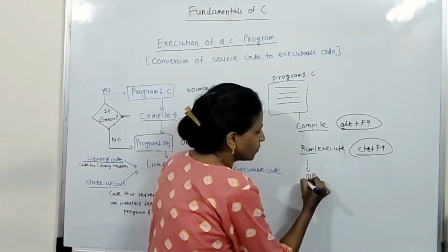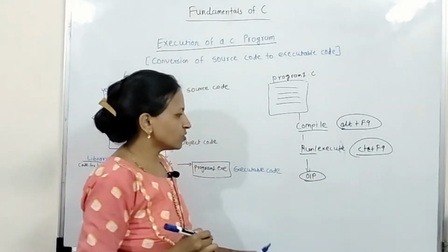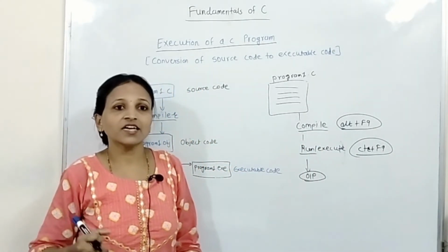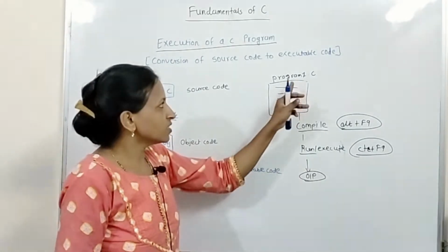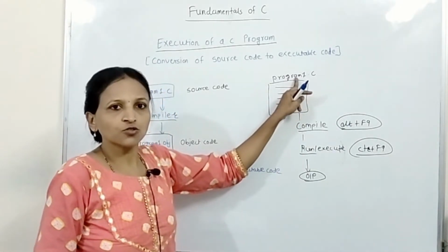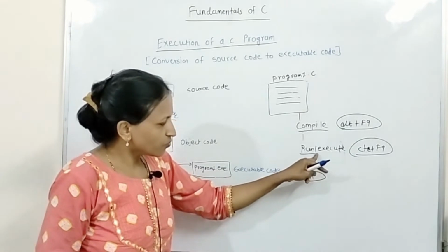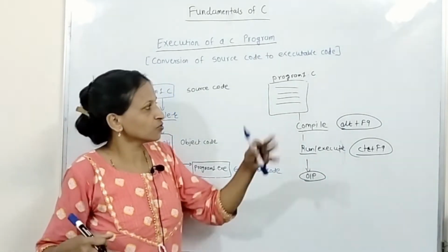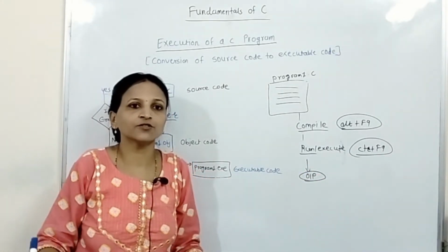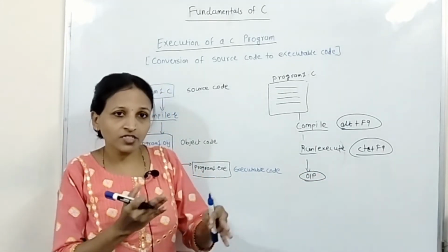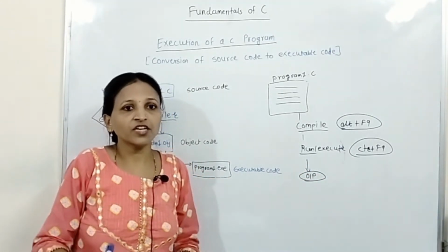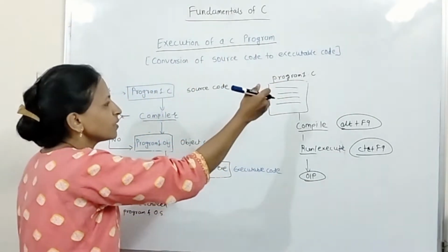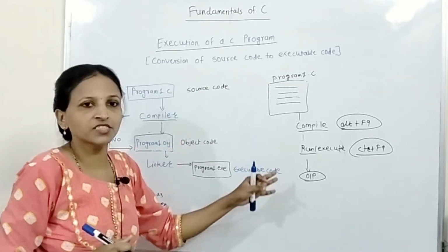This is the normal process. We know this process. Normally we do it like this, but internally, what is the actual process? This is normally called the source code, and for execution, an executable file is always necessary. How will that source code be converted into executable code internally? What is the exact process? That we have to see in this point. That is the conversion of source code to executable code, or execution of a C program.